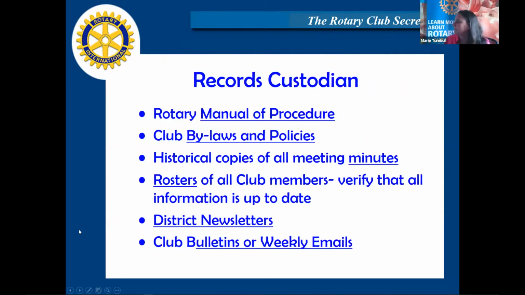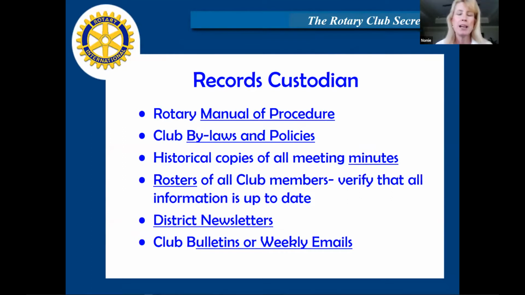You're the records custodian. You should have the Rotary Manual of Procedure. You should be very familiar with that for your club, and you should be the resource for that. Like we discussed earlier, you should have a pretty good handle on your club's bylaws and policies.